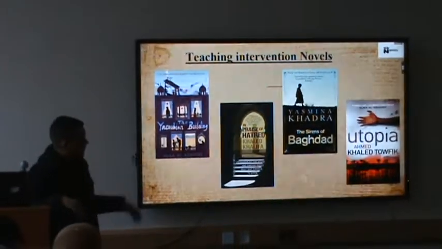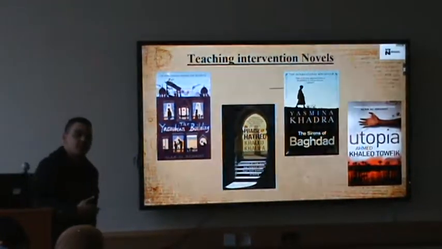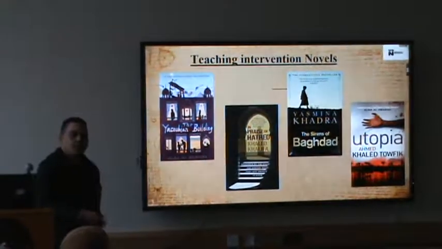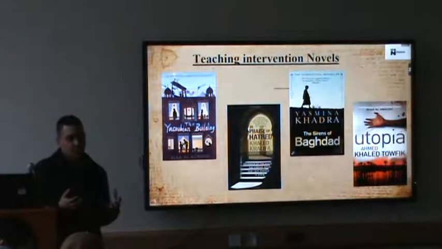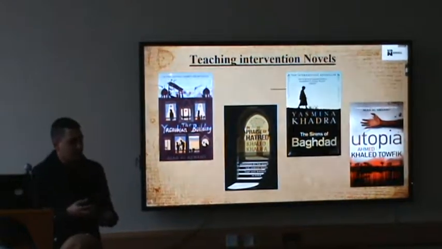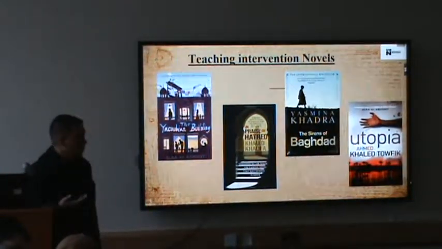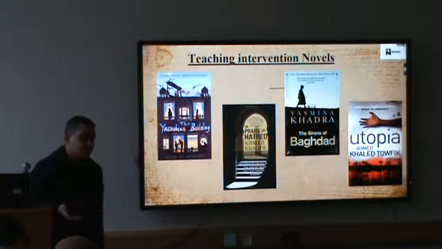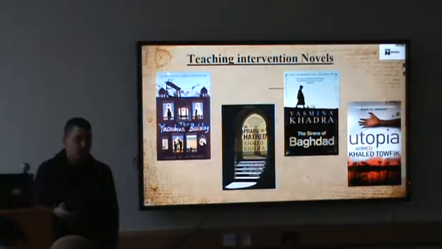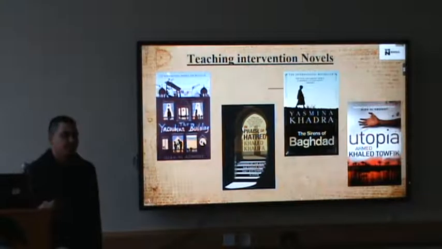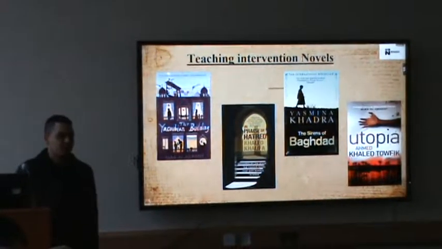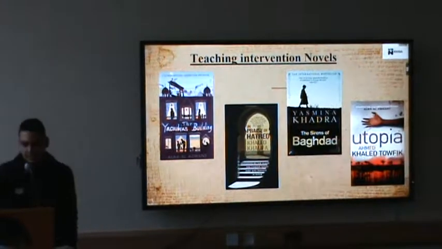And the Sciences of Baghdad talks about what came after the Black Decade in Algeria. So, okay, you lost your family, you lost your beloved ones, how do you think now? How can you see? Are you going to take your revenge, or how? And the last one, because Algeria is also one of the leading countries producing oil, we are thinking about whether, if you don't have oil, how life is going to be. So those are the novels.